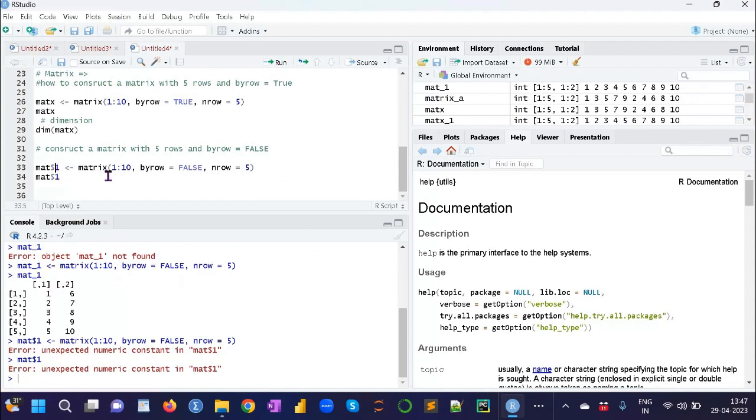Only in Python and R, in both we can use only the underscore. Underscore is a valid symbol. Okay, now next